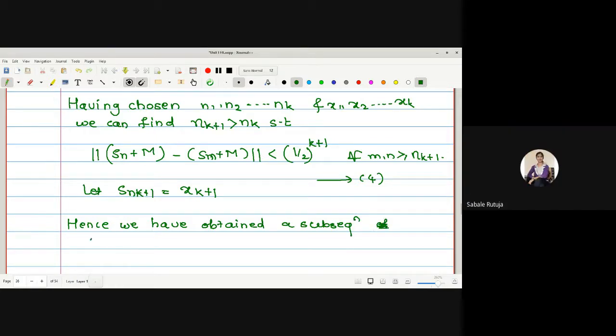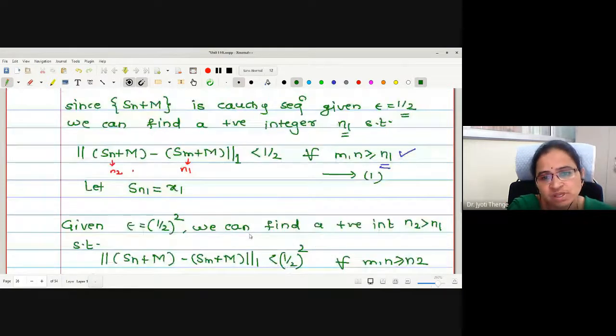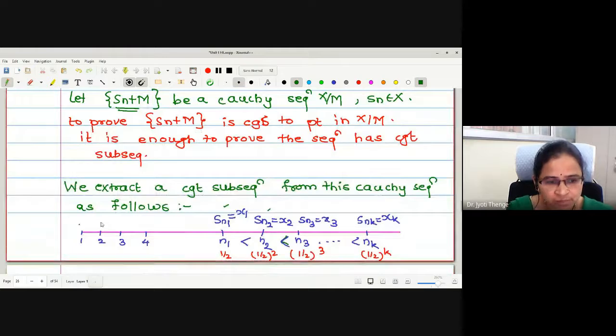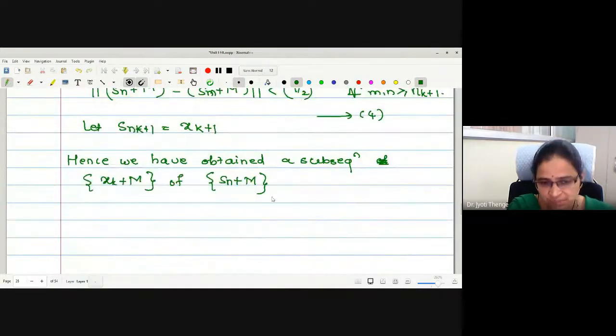Yes. xk plus m of Sn plus m. Why is it a subsequence? We have not chosen all the elements present over here. We have selected a few elements, not selecting the middle ones, with the strategy we were using. We have not disturbed the order either. Therefore, xk plus m will be a subsequence of Sn plus m, such that